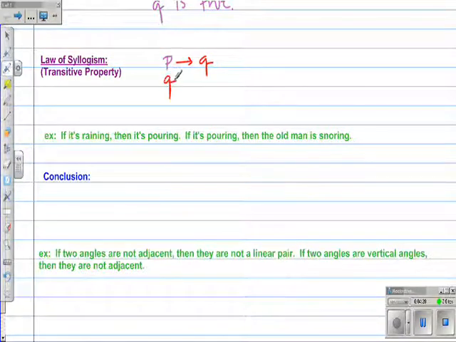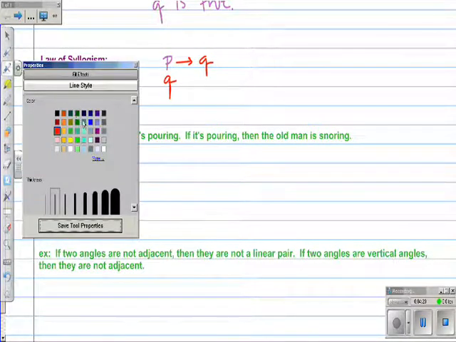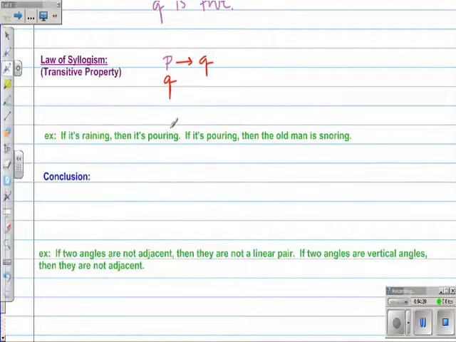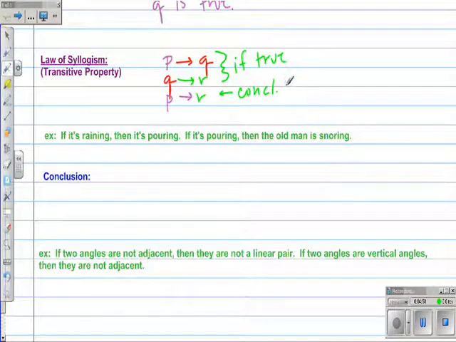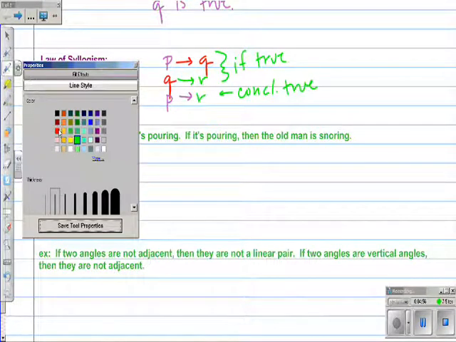and Q implies R, then P implies R. Okay? So this would be the conclusion you could make. So if this is true, then this conclusion would be true. Okay? So an example of that would be,